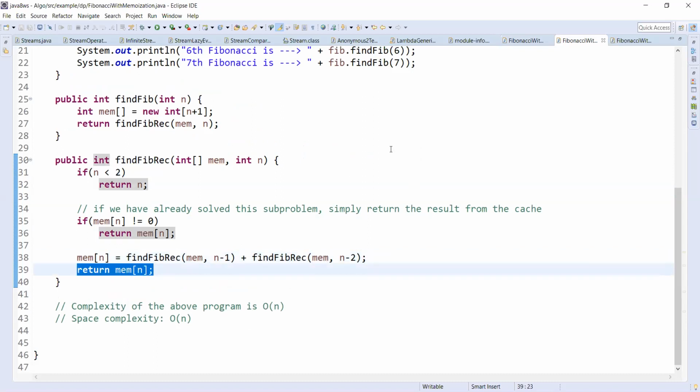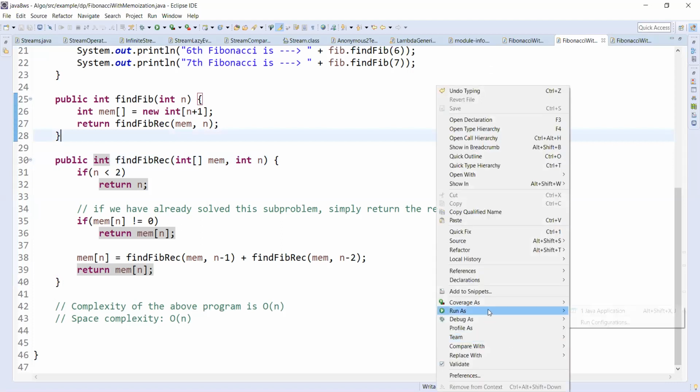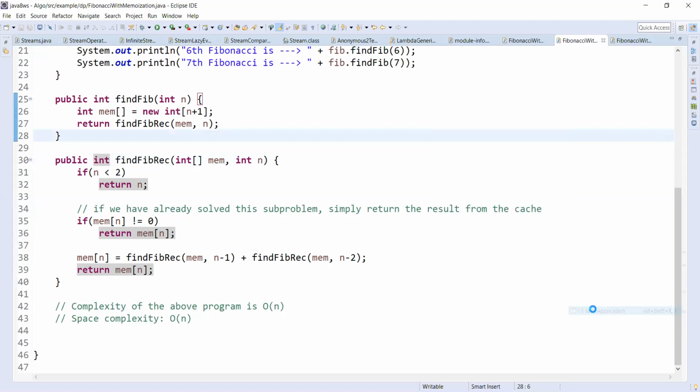This way, we are avoiding the duplication of calculation of already solved problems. So it is still recursion, solving the same subproblems, but avoiding the duplication. Okay, so we'll just run this program.